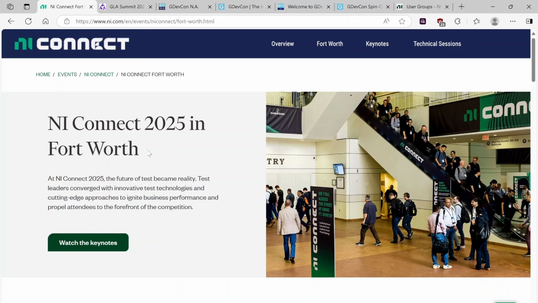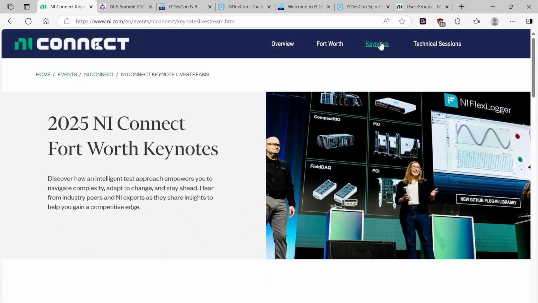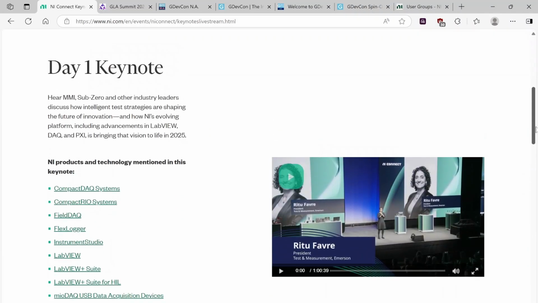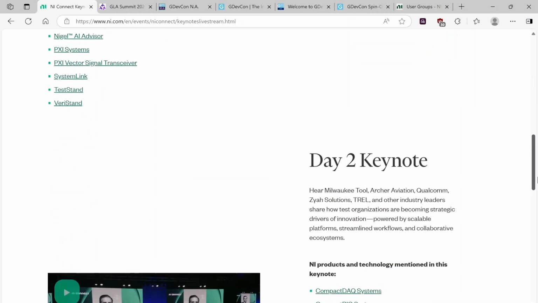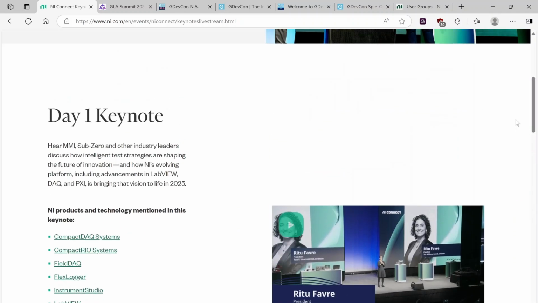There's all sorts of mixed presentations, right? So you've got presentations by people in NI. Here, if you look, we've got some keynotes. So these are kind of the big presentations done by NI, right? So this is where they're going to be doing things like announcing new products, announcing new, significant changes to things. And these are actually recorded. They're uploaded to YouTube. So you're welcome to watch them. So there's all sorts of stuff that they announce in terms of the future of kind of test and measurement, their different software, hardware platforms, stuff like that.